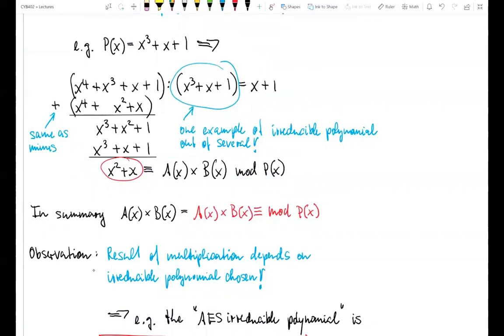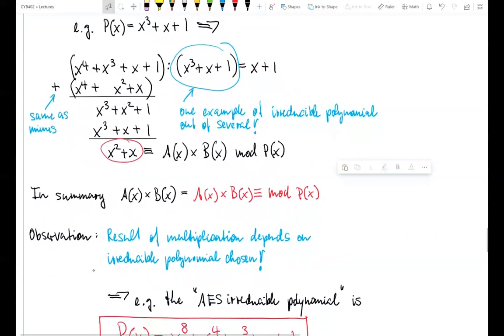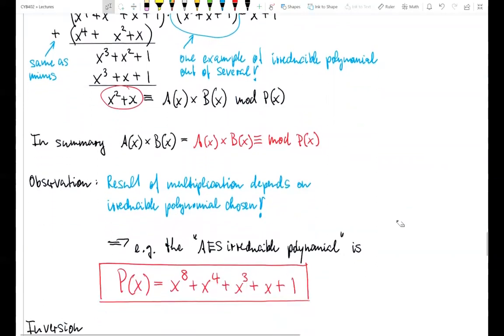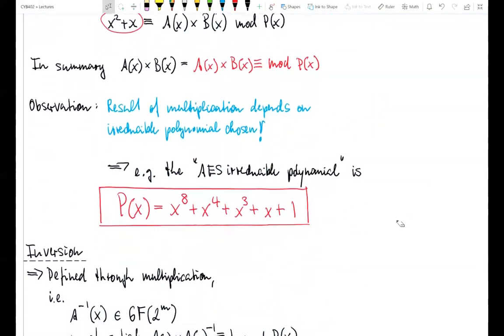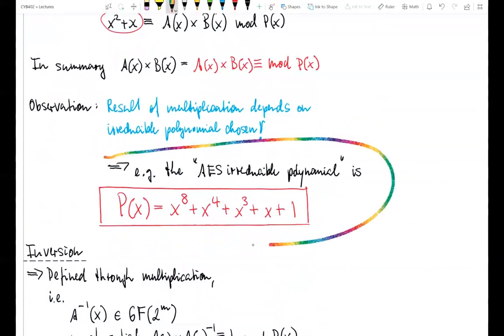And this comes as a surprise, that we have several of those. Which means that as part of the AES standard, we need to define which irreducible polynomial we are using. And actually, the irreducible polynomial for AES is this,